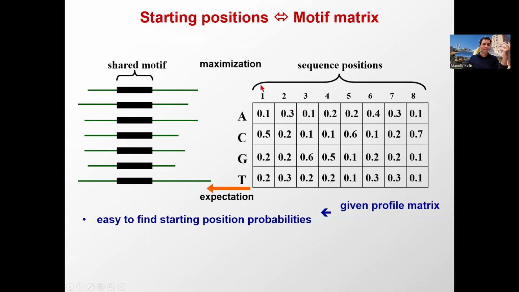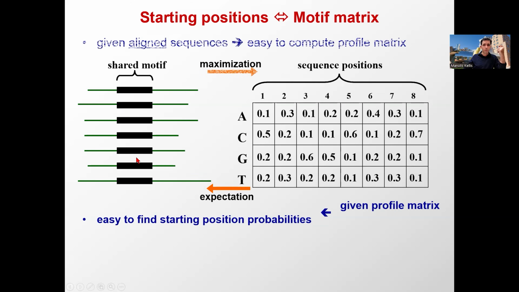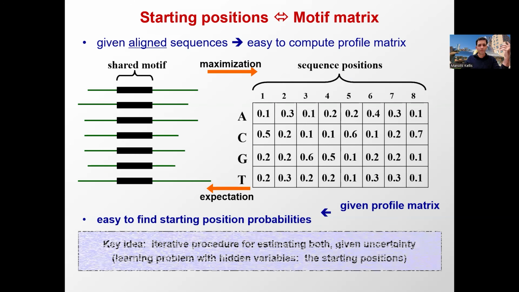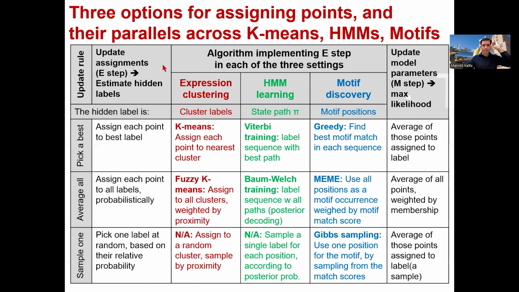And we're going to use expectation maximization. We're going to basically say, we have a bunch of aligned positions. We can use that to infer the matrix representation of the motif. And if I have a matrix representation, I can basically search for that and then find the best matching positions. Okay? So I'm not going to dive too much into the details, except to say that